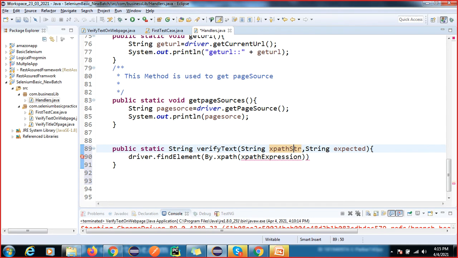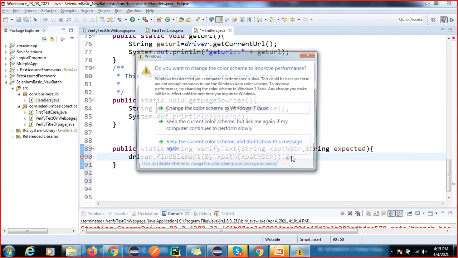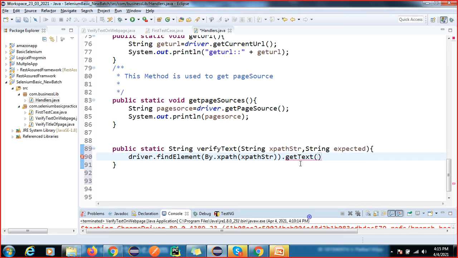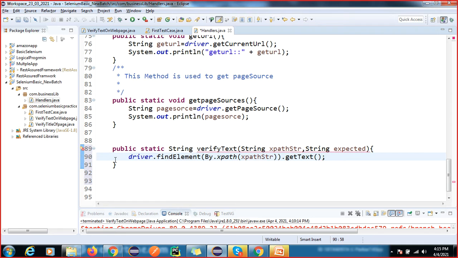This is not a coding standard, people will get confused, so I'm going to take xpathStr and I will pass it here, and after that we can write getText. So this is our getText, and I will capture it here as a String actual. I'm not doing anything new here, the same thing, I'm just going to make it dynamic.